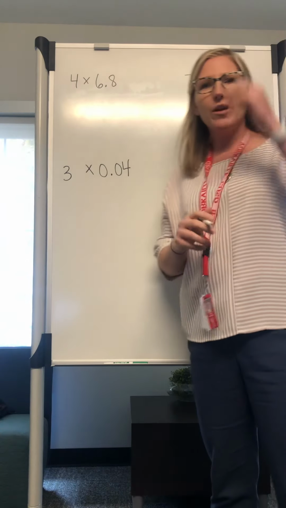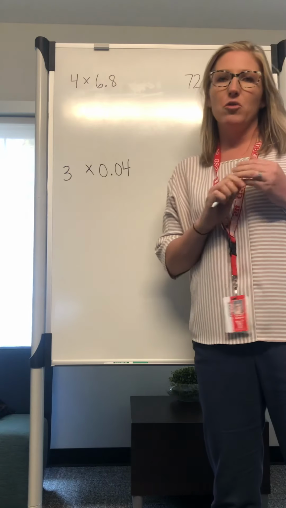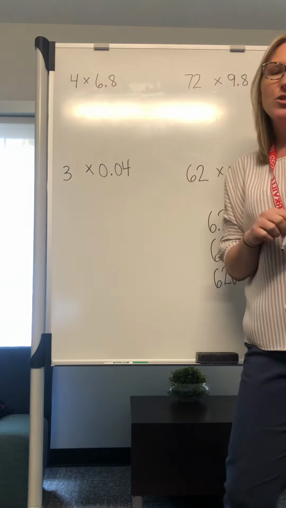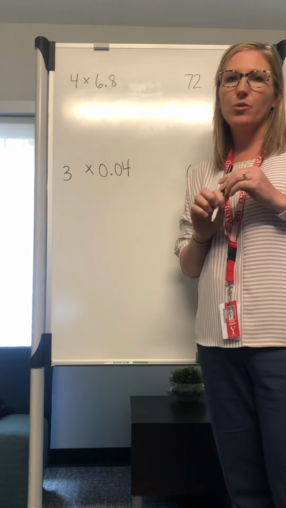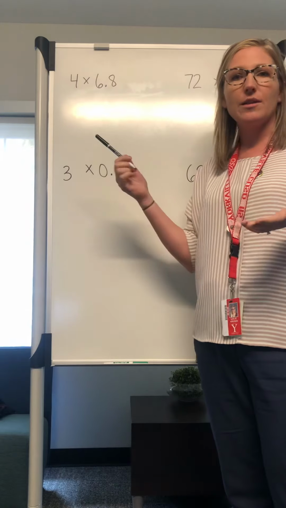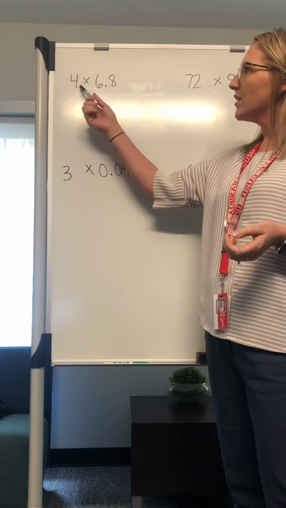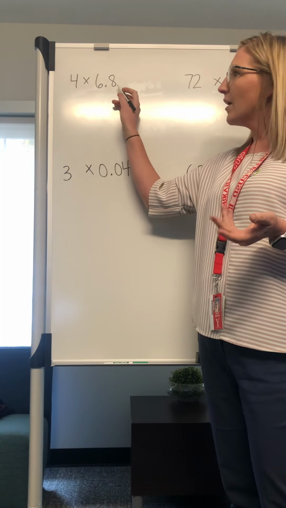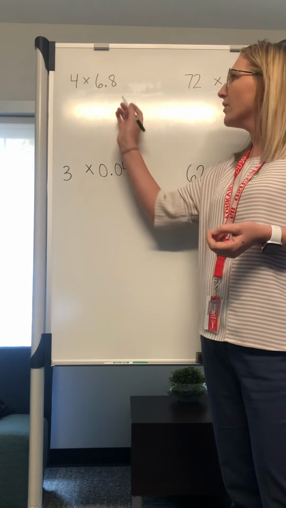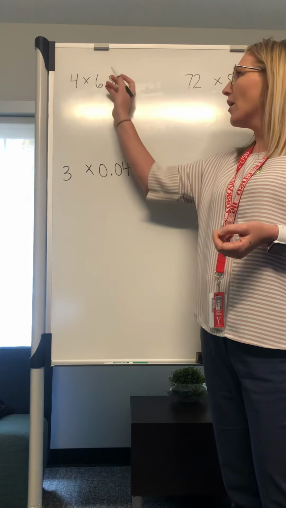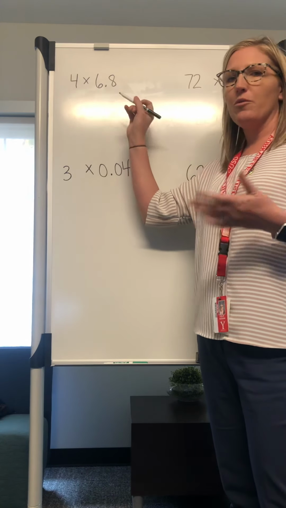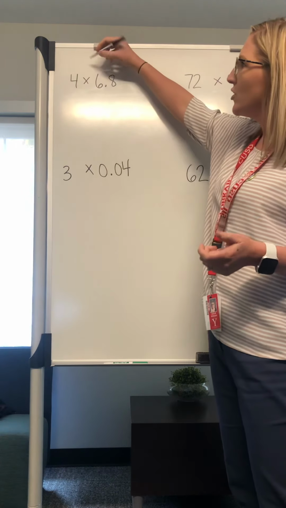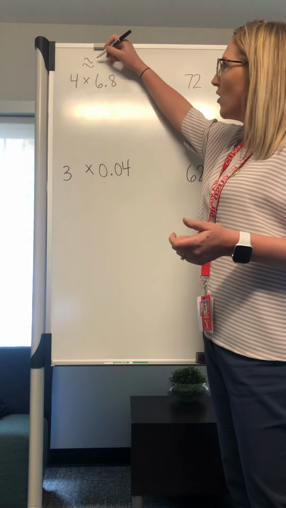Right, so we are going to be talking about doing some multiplication today, multiplying with decimals. There's a couple strategies we can use when we're doing this. One is estimation. Looking at this, I see 4 is 4. And then 6.8 I see is close to 7, because this is 8/10. If we were rounding this up, it would be 7. So looking at this, I know 4 times 6.8 should be something around